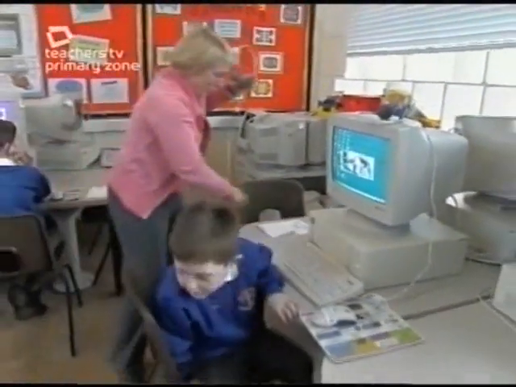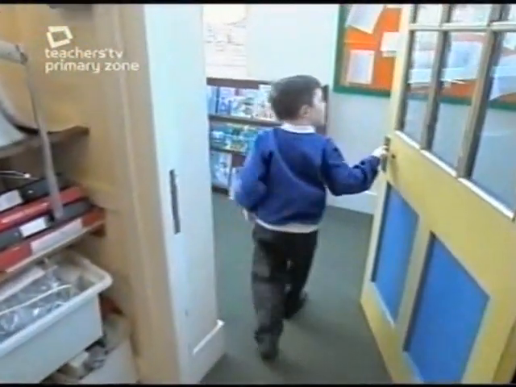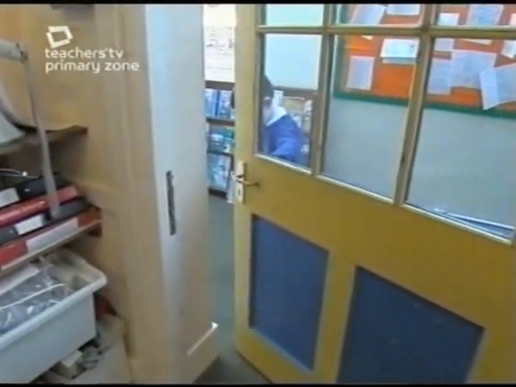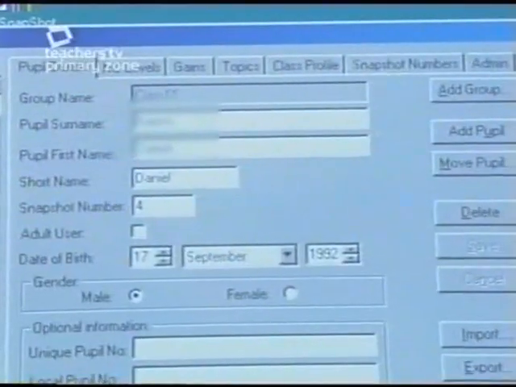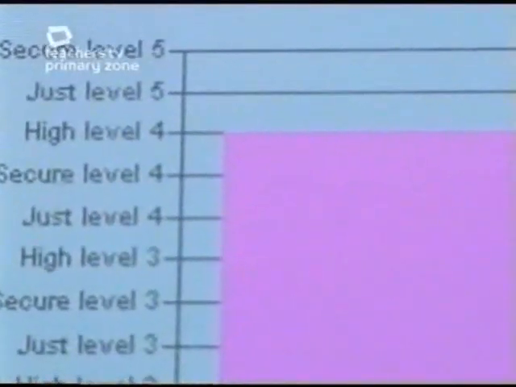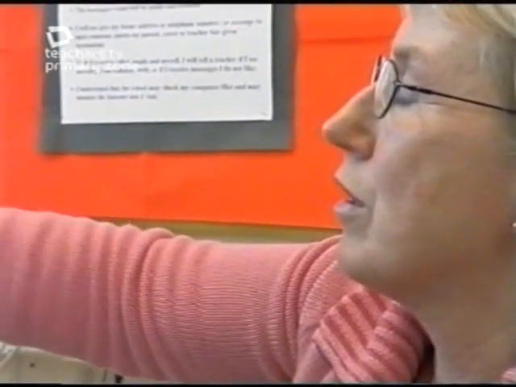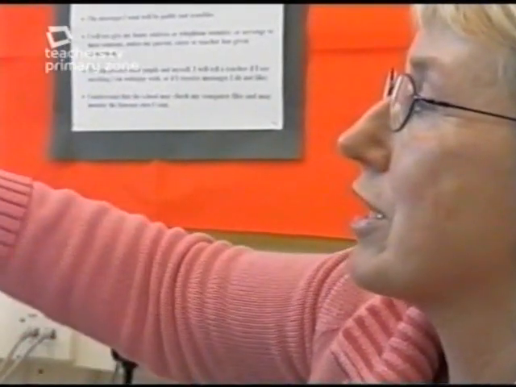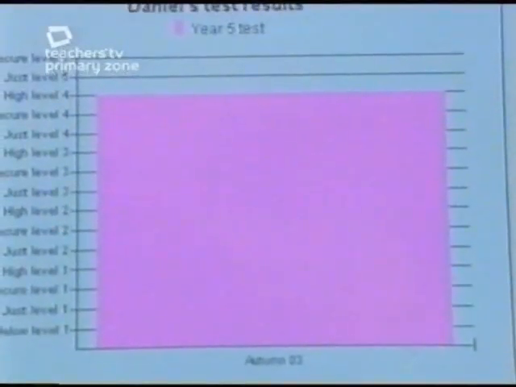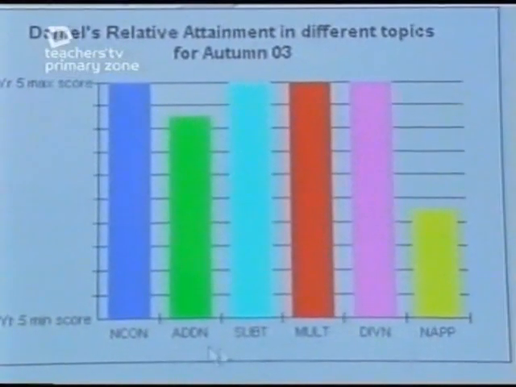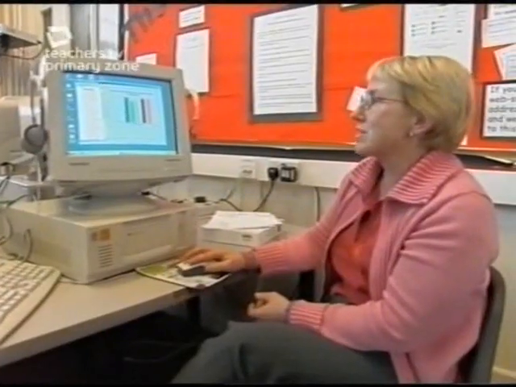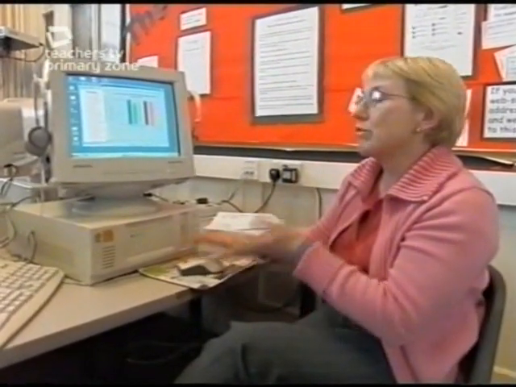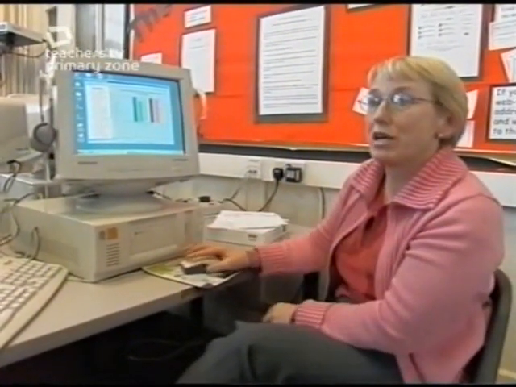They use this piece of maths assessment software with older children. Classes complete the questions at regular intervals, and it allows the teachers to assess and overcome individual weaknesses. So Daniel in class 11 shows me that he's at a high level 4. From this, we'd like to move him on to try to get a level 5, because that's our job. We need to look at the topics and see where he needs the extra help, which is in number applications, which is word problems, for example. So we would print these off, have a look at them all and move children on from there.